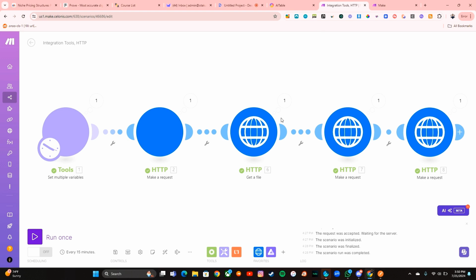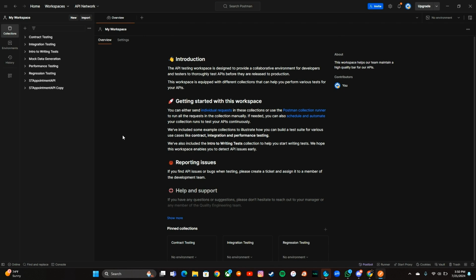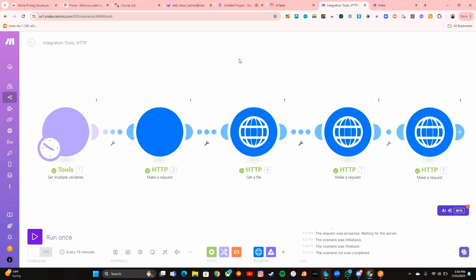And then you're also going to need another platform called Postman. Postman is really important because we're just going to test out the API. We're going to run the API. The API actually works. But because I know a lot of people are not really familiar with APIs and the API panel inside of AI table, I want to walk through that process before we actually do it in a third-party platform.